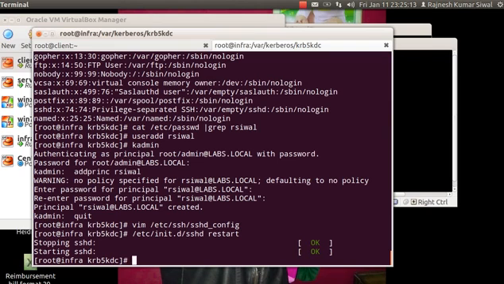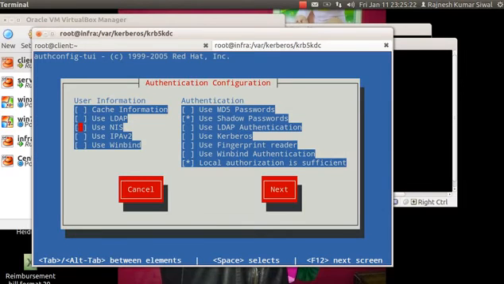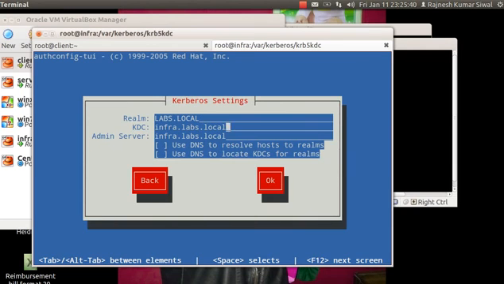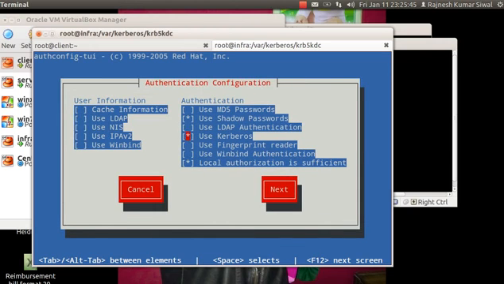One more thing that we have to do is tell the server, using authconfig-tui, that for user information, let it be local or LDAP, whichever you want. But if you are talking about authentication, use Kerberos. And I click on next. It says the pam_krb5 package is missing. So let's go back